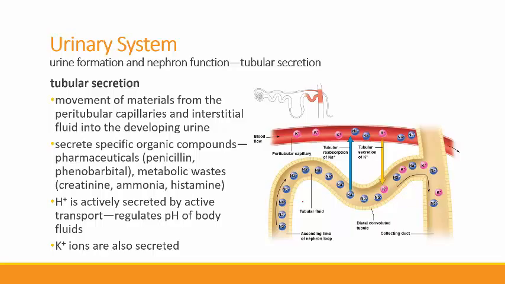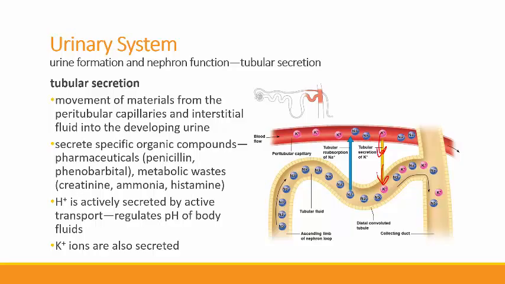So tubular secretion, again, this is the movement of materials from the blood into interstitial fluids and on into the developing urine. And so we can move stuff out of capillaries and out of the fluid that's around the nephron and into the developing urine. So what are some of the things that we secrete? Well, we secrete pharmaceutical stuff, so penicillin, phenylbutyrate,